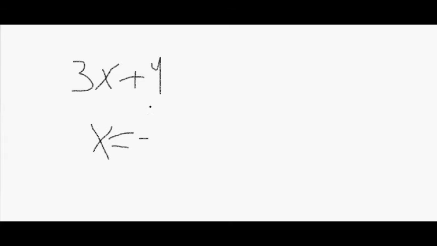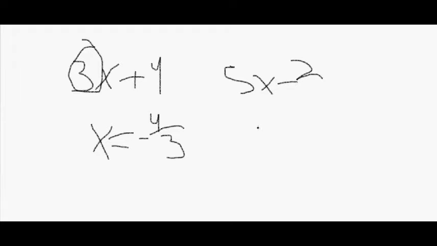So what you're going to do is x equals the opposite: plus becomes negative. This 4 becomes the numerator, and this 3 becomes the denominator, right? If it was, let's say, 5x minus 2 in one binomial, x equals, this negative becomes a positive, and this 5 becomes the denominator. Okay? So that's how you would solve